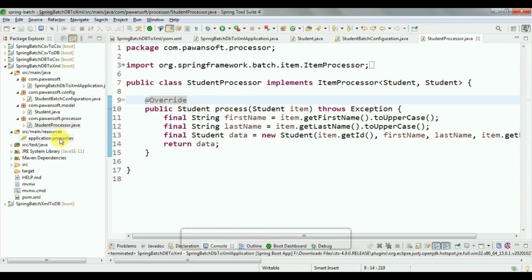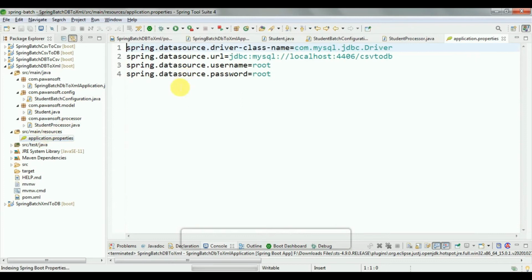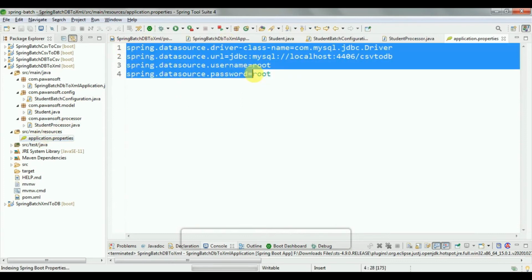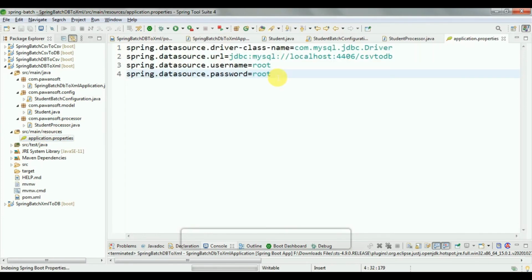Then go to the application property file. In the application property file you have to declare the driver class, the database configuration, driver class name and URL, username and password. So the project, all the code is completed.